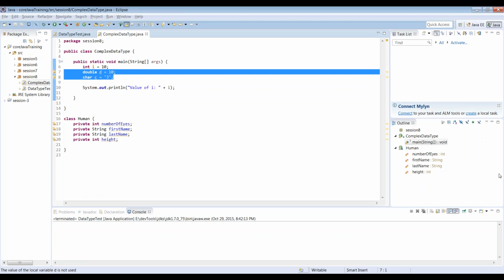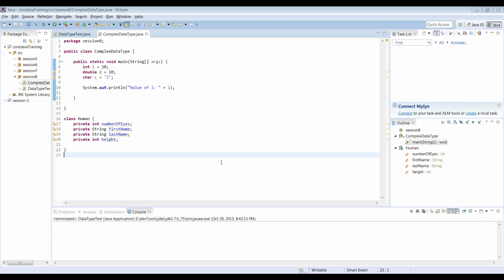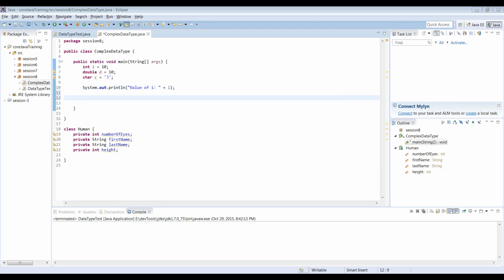And then the second question is: class human, is it an object or a variable? We will discuss all these things when we discuss classes in depth: classes, and what are objects, objects of a particular class, all those things. Just on a high level,